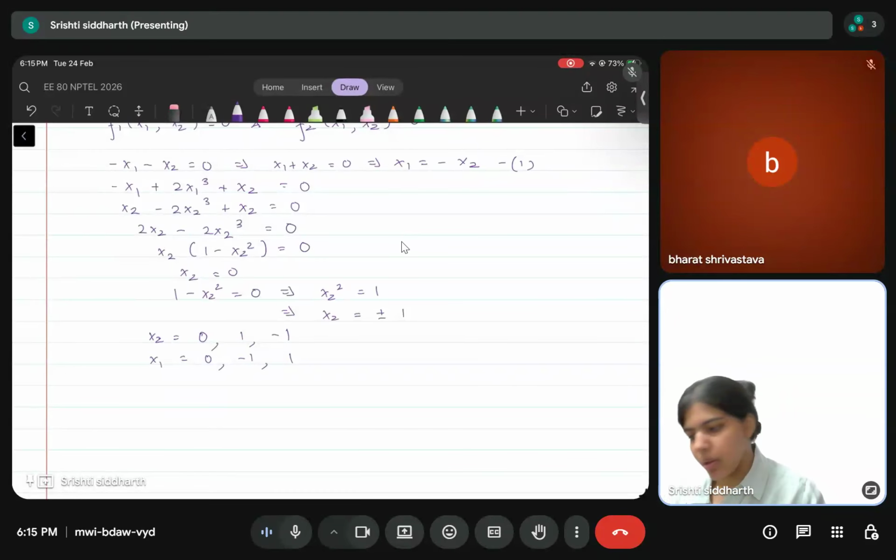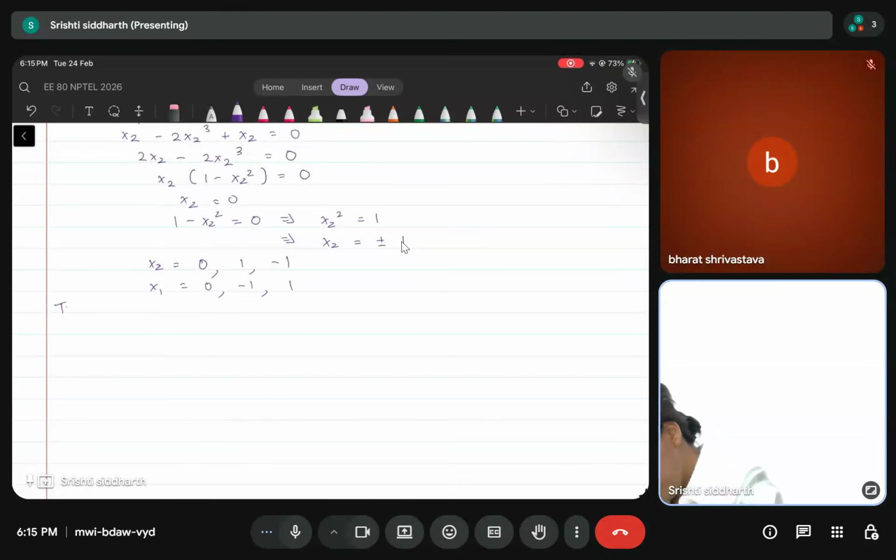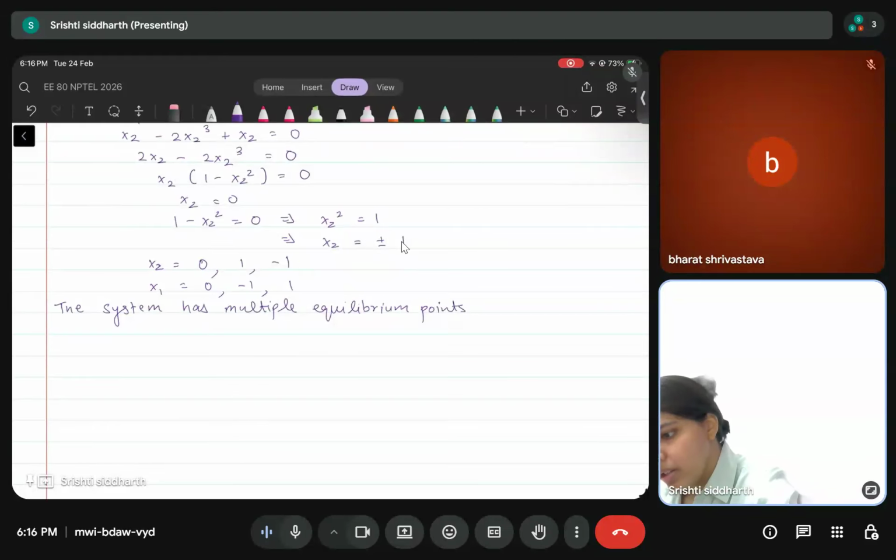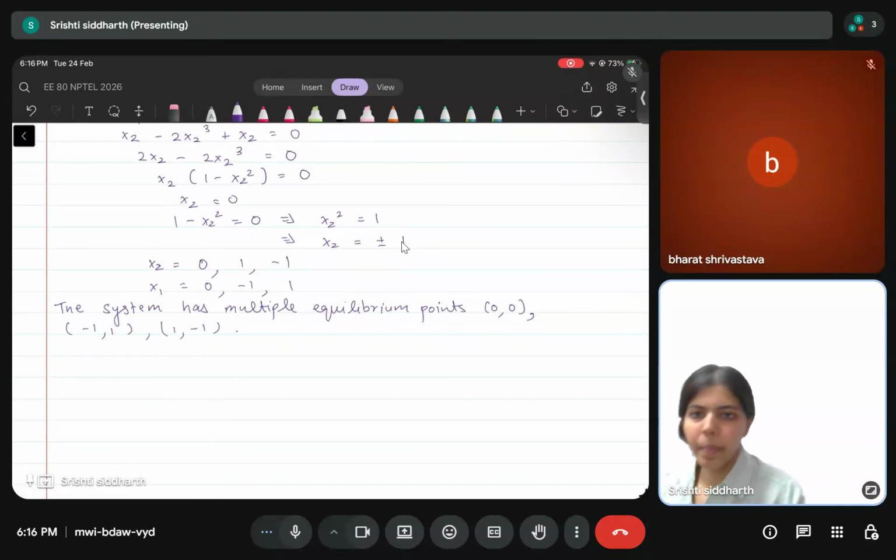So the system has multiple equilibrium points, which are (0, 0), (minus 1, 1) and (1, minus 1). Alright, so I hope that this question was clear to you. Let's move on to